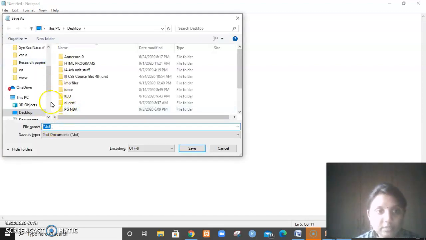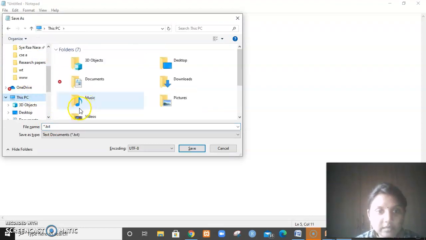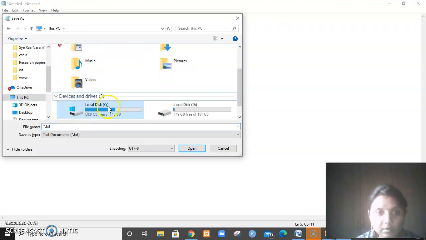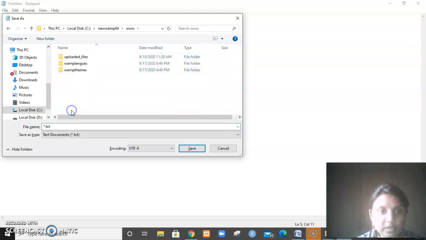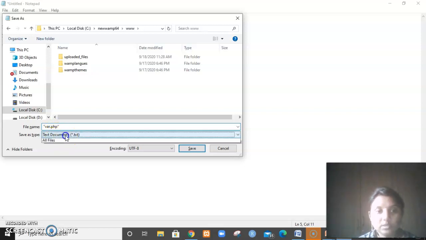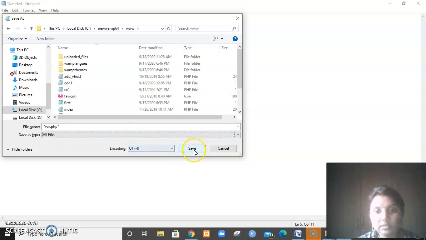We have to save this program in the C drive, in WAMP, new WAMP, www. Within double quotes you can give the program name, so let me give it as var.php. Select all files, save.